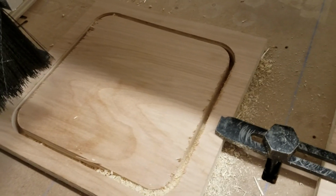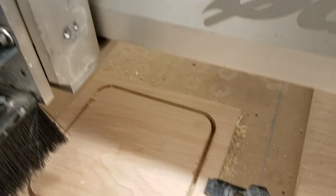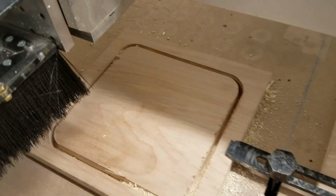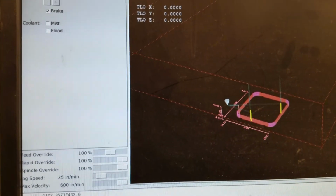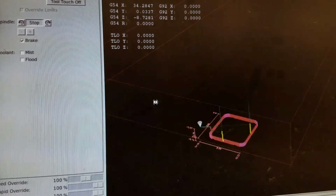So it did our profile pass. In retrospect, it probably makes sense to do the engraving pass first before weakening the structure around it. So that's a good note for the future, is to do the engraving pass and then do your profile pass. But we're gonna come over here and load up our other programs. We're gonna open up, go to Pocket 1,